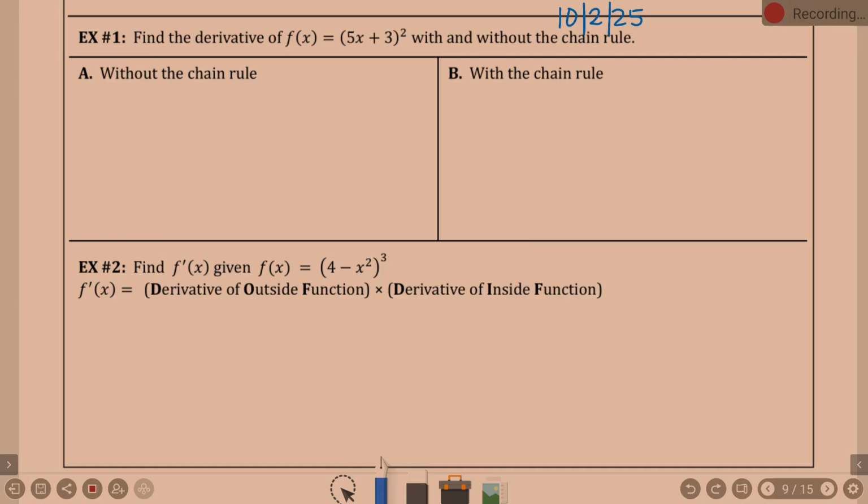If I ask you to find the derivative of (5x plus 3) quantity squared before learning anything new today, we would FOIL it and then find the derivative. So let's do that. If we FOIL this, f of x will become